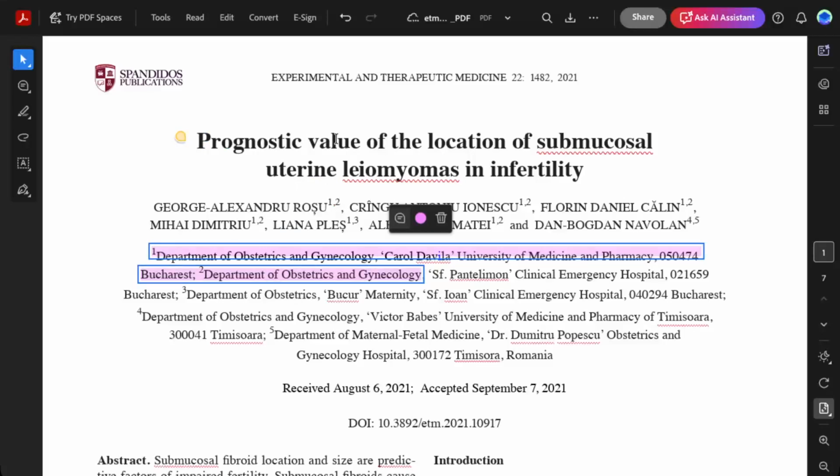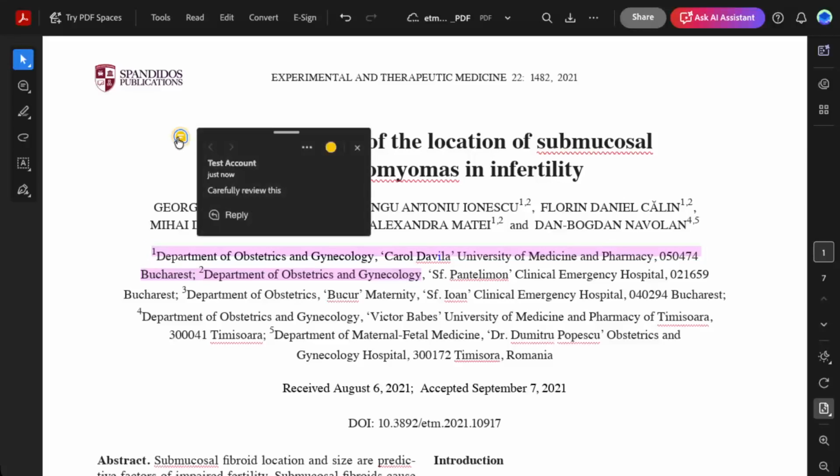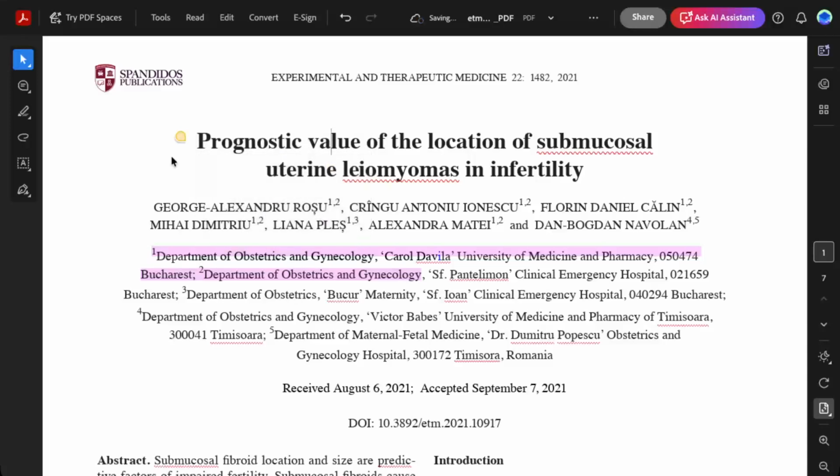After posting, you should be able to see your comment marker in the file, confirming that it has been added successfully. And that's it. You've now added a comment to a PDF in Adobe Acrobat Pro. This is a simple but powerful feature for document review,